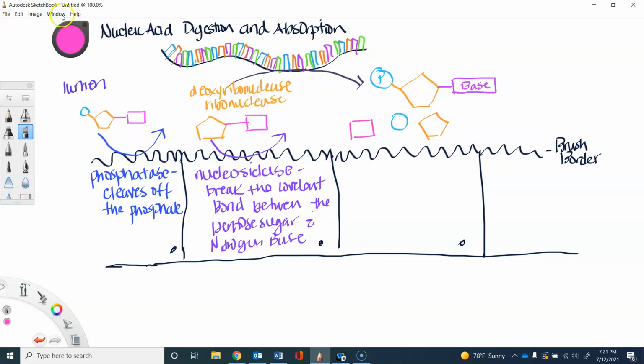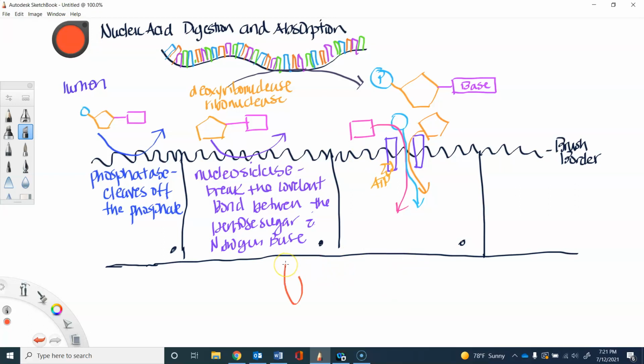Along the membrane there, the luminal membrane, there is a transporter. And this is a transporter that requires ATP to work. So this is active transport. So these molecules are actively transported through this transporter into the cell, into the enteric cell. So here comes the sugar, and here comes the phosphate. And once it is in here,